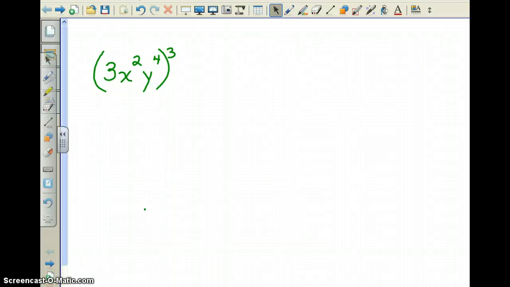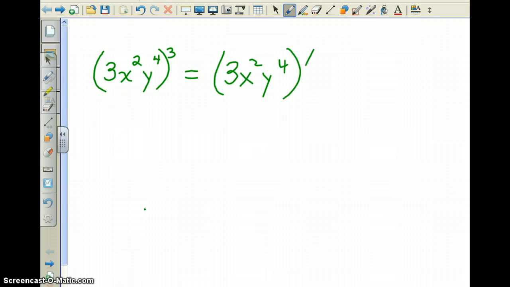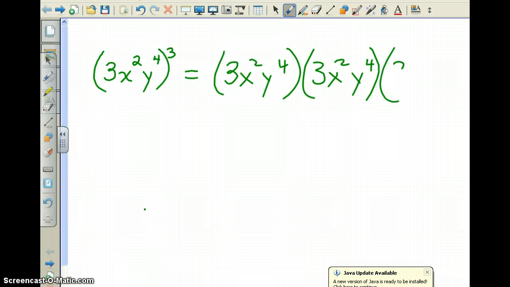The next law of exponents is essentially an extension of the last law. So this expression, 3x squared y to the fourth all cubed, means that I need to take this base of 3x squared y to the fourth and multiply it by itself 3 times. So now when I actually multiply these together, I'm going to multiply the coefficients, 3 times 3 times 3, which